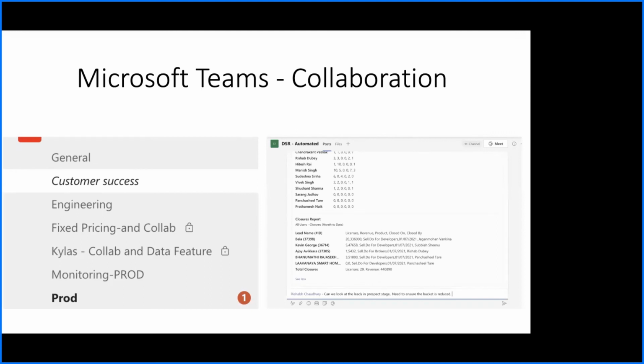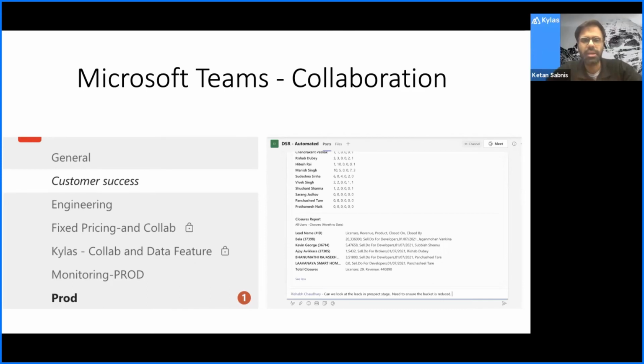Any kind of escalation that is coming from a customer, where I need an engineering member to get involved, someone can quickly ping here. We connect this again to our desking software. So if there's an escalation, with one click from the desking software, it gets sent to Teams and gets assigned to an engineering member on this channel. Someone can comment here, and it goes as an internal note on the desking software. So people can just sit on Teams and don't need to worry about all these tools, whether it's the sales team's tools or the desking software for customer success. Everything comes back to Teams and people can comment directly from here, and it's a much more collaborative approach for us.